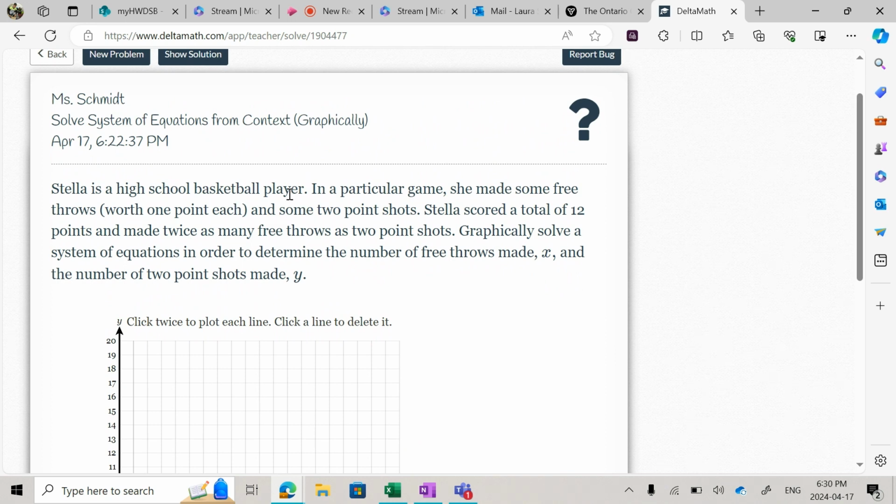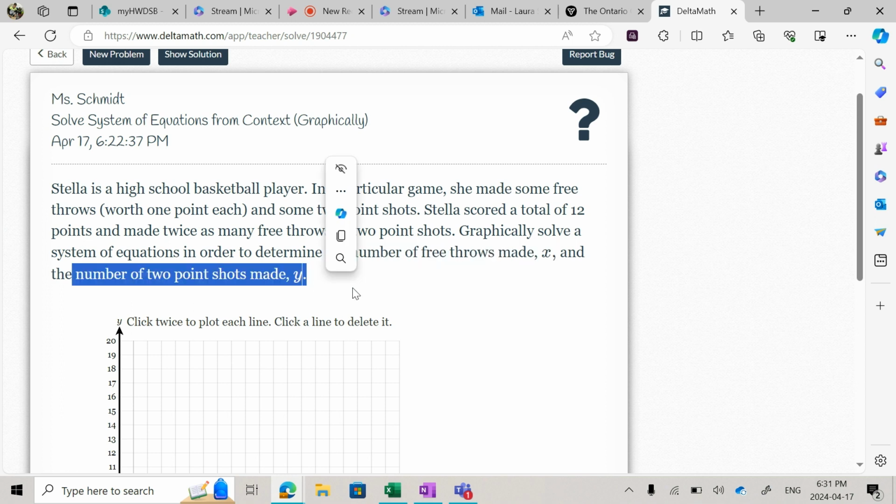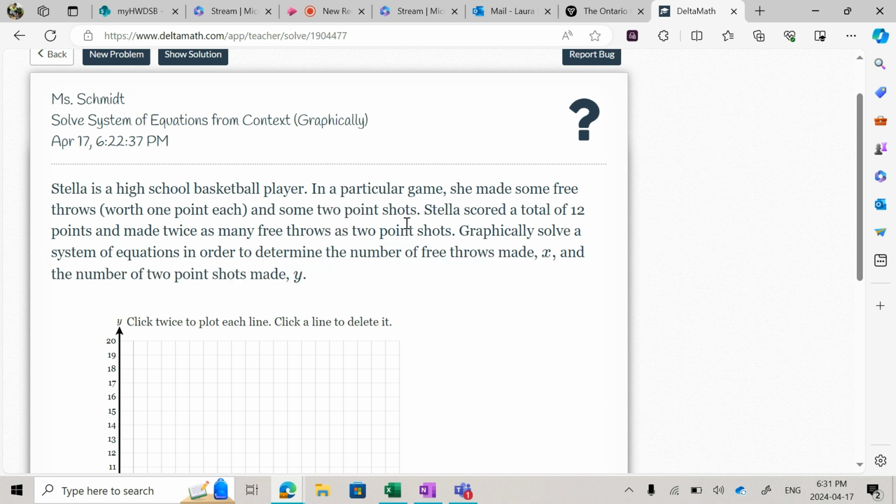All right, so we've got a basketball player. In a particular game, she made some free throws and some 2-point shots. The free throws were worth 1 point, and the 2-point shots are worth 2 points. And she scored a total of 12 points. Now, down a little further, we can see that X represents the number of free throws and Y is the number of 2-point shots. So what we want to do is make two equations and then graph them. The first equation I'm going to make has to do with the total of 12